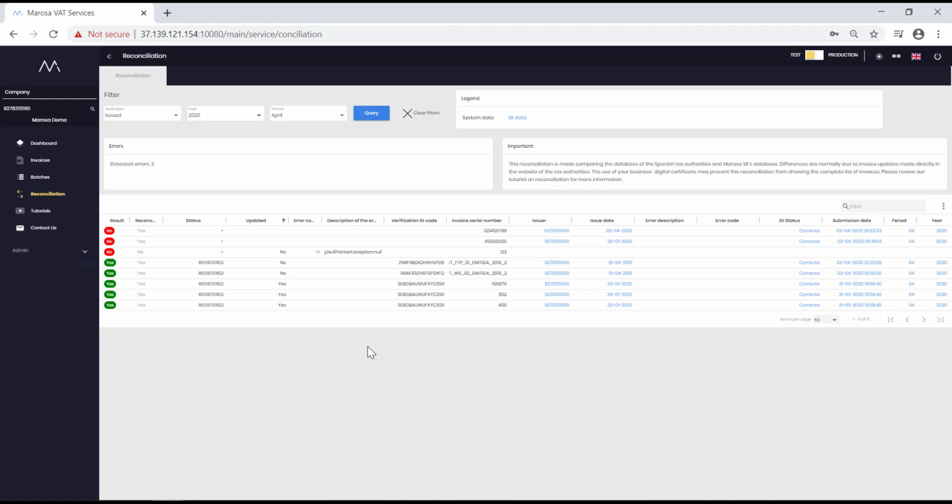Step 2. Find the invoices initially submitted with Marosa SII but later modified from the tax office's page. In this situation, we are looking for the invoices described in the second scenario of our previous guide. To do this, simply filter the first column by all the invoices found with differences or with the mismatch category. Here, you see that this invoice with number 123 is in the Marosa SII database, but is not in the tax office's database. This is because it was edited directly on the tax office's page with the company's own digital